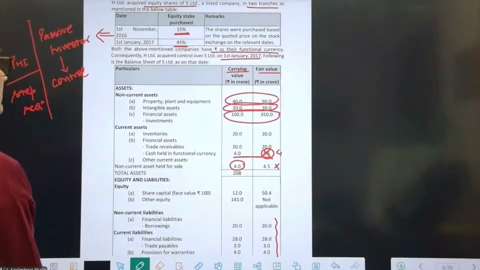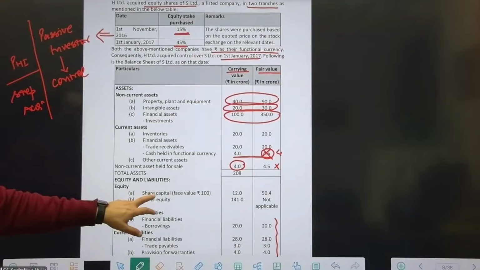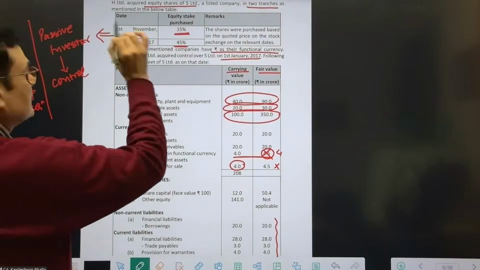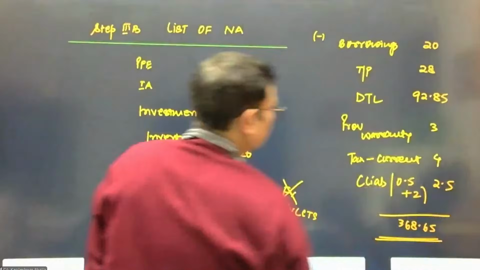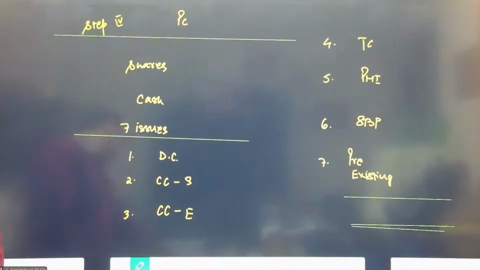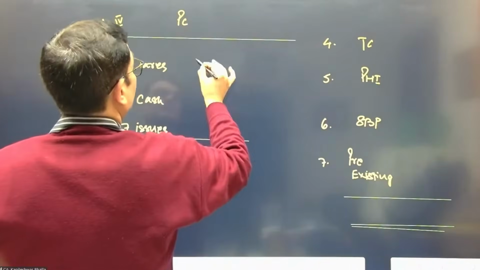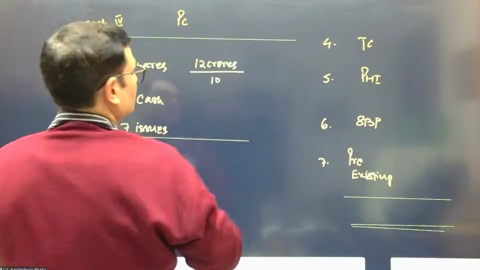Let's first see the balance sheet of the company. I guess the share capital is appearing to the extent of 12 crore. So can I say we acquired how many shares? We acquired a 45% stake. So let's work this out. We have acquired a 45% stake in the company. In this particular case, the total number of shares in the balance sheet was, I think, 12 crores. The shares are 10 each. It was 12 crores, right? Total.